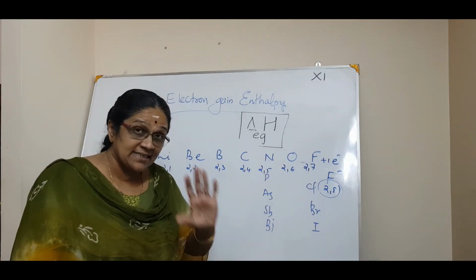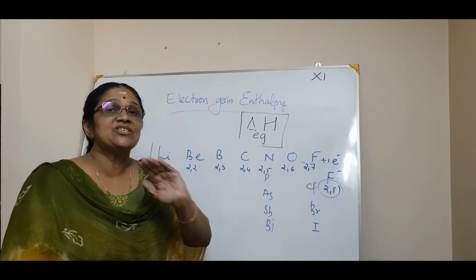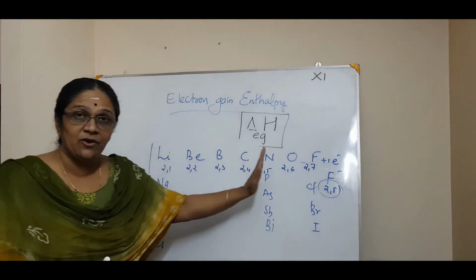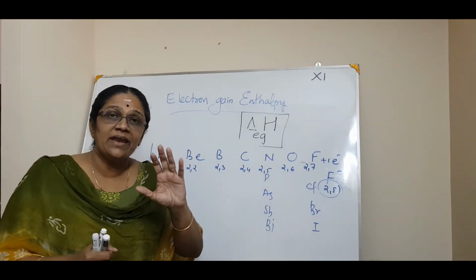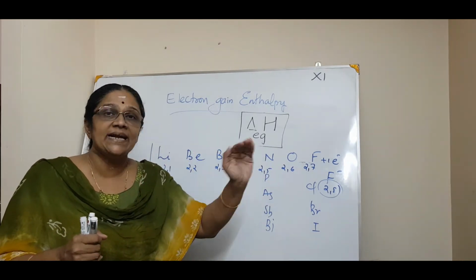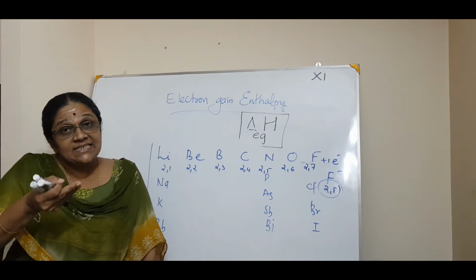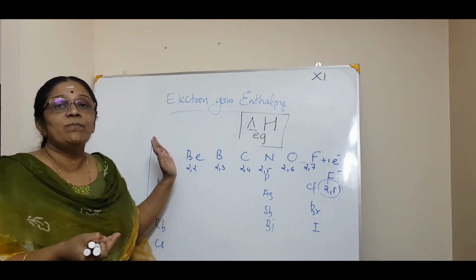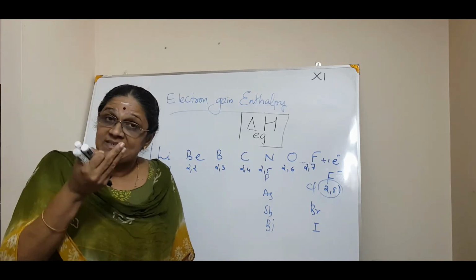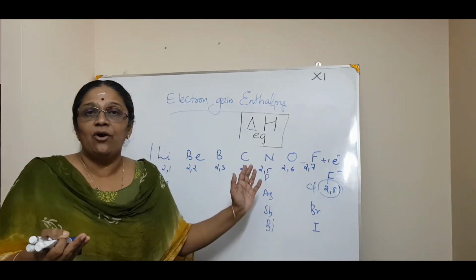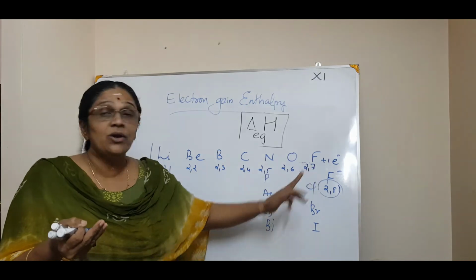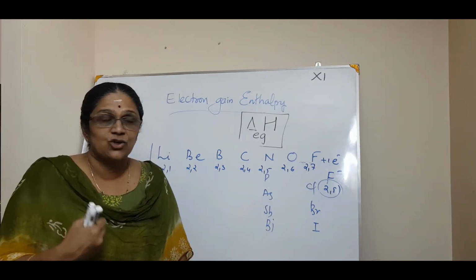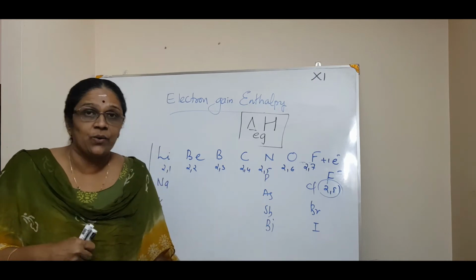Okay, there are exceptions, I will tell you later, but as a general rule we say that as we go from left to right in a periodic table, the electron gain enthalpy becomes more and more negative. That means the tendency for accepting an electron will be more when you go from left to right in a periodic table, and the simple reason behind it is that in order to form an octet, the fluorine only needs one electron, so it is very well capable of accepting that electron to form an F minus anion.